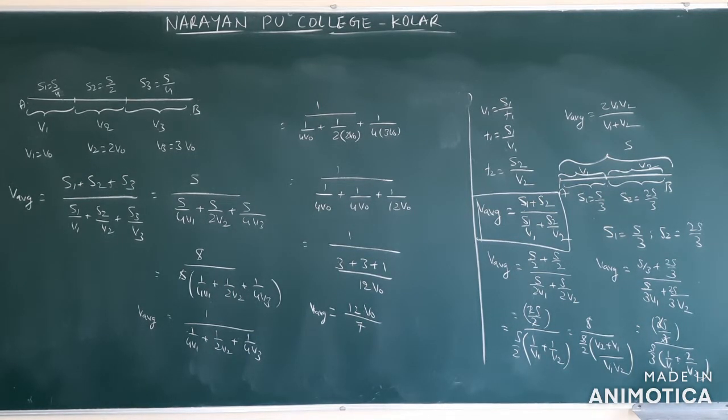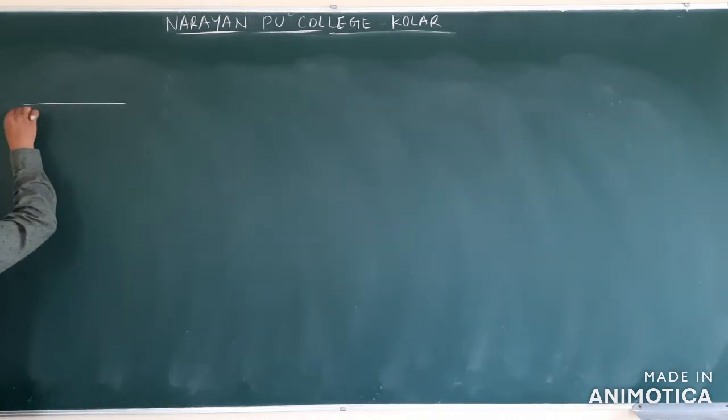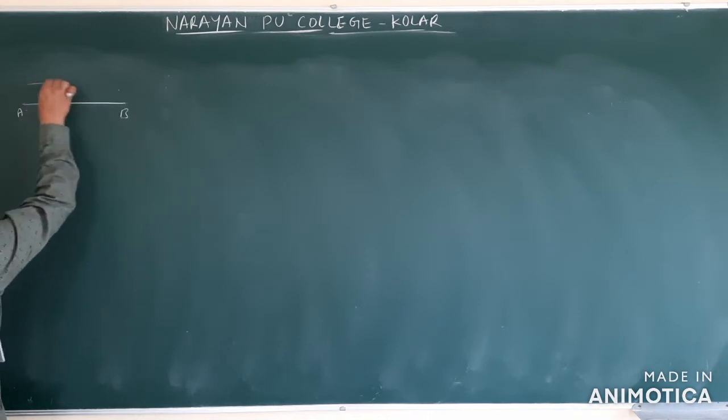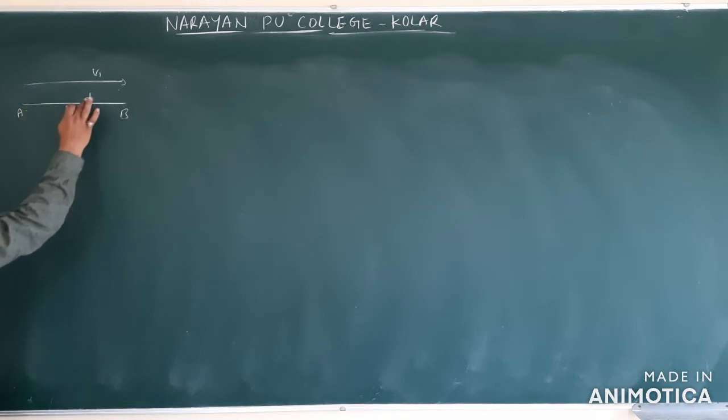Now see the example 4. A particle moves in a straight line from A to B with speed v1 and then B to A with speed v2. Find the average speed. Again same formula, average velocity and average speed. So first it is starting from A to B. Next it is going from B to A. Then they are asking what is the average speed. So now see, A to B is covering with velocity v1. How much distance is covering from A to B? That is D or S. We are taking it as S.